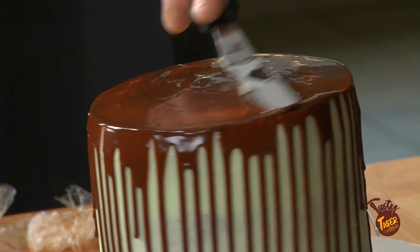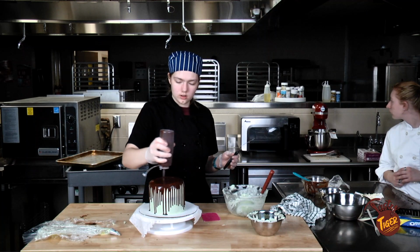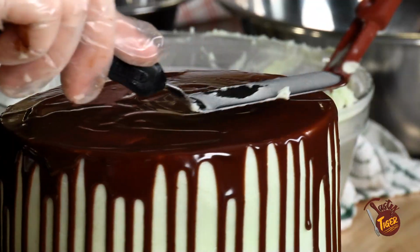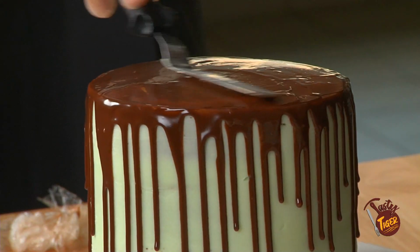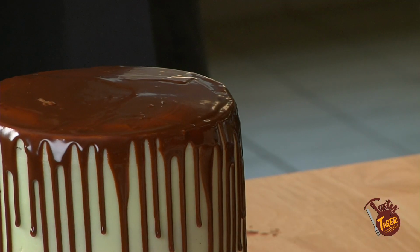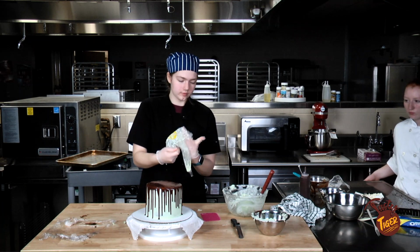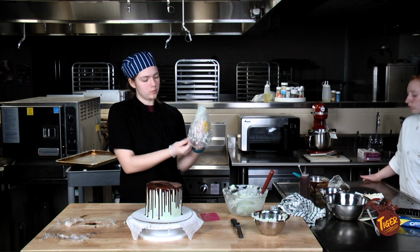And then once your ganache is on, you want to make sure that you get it to set fully. Add a little bit more to cover up everything. Get it down there. Okay, so we'll call that coat good for now. Now, typically you want to make sure to get this into the fridge so you can let your ganache set. But we are running low on time, so we will just